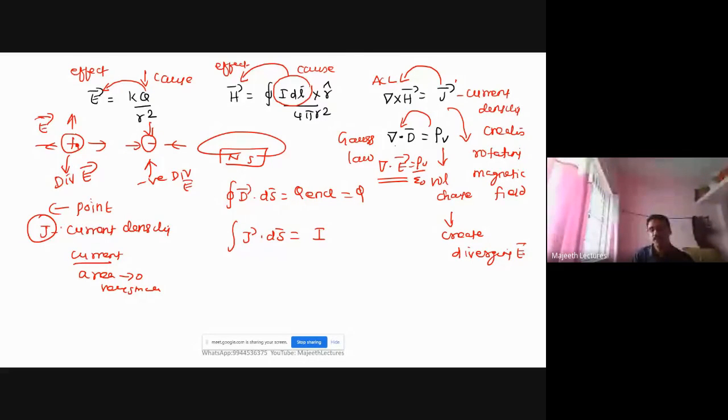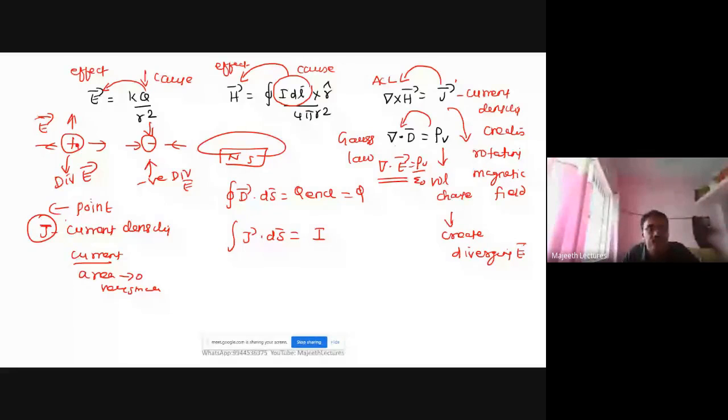Why do we study J in antenna? Because antenna is dealing with space. In space, we can find everything at a particular point, so there we use current density. Whereas in wire, we use current, because in wire we can find current. In space we cannot find current, because there is no charge, so we can find current density only. This is the fundamental concept of antenna.